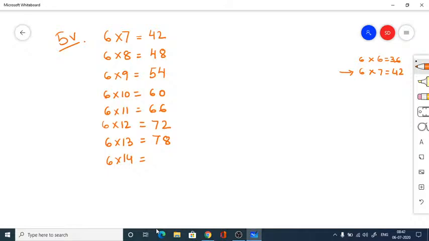So this is 84. So I don't need this, isn't it? It has to be less than 80 and more than 40. So this is your required set. So you cancel this. You can just show the cancellation in this way. These are the required multiples. So the answer is equal to 42, 48,